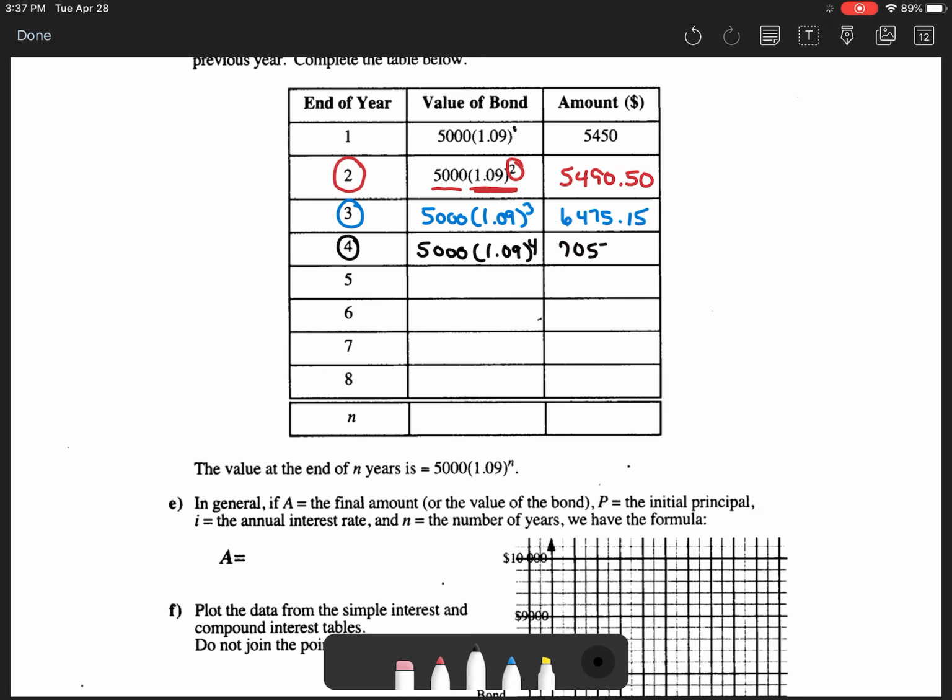Moving on to year 4. The expression in year 4 will be 5,000, 1.09 to the exponent of 4. So again, 1.09 to the exponent of 4 times 5,000. So that's $7,057.91. So we just keep going here. Year 5, 5,000, 1.09 to the exponent of 5. So 1.09 to the exponent of 5 times 5,000. So that's